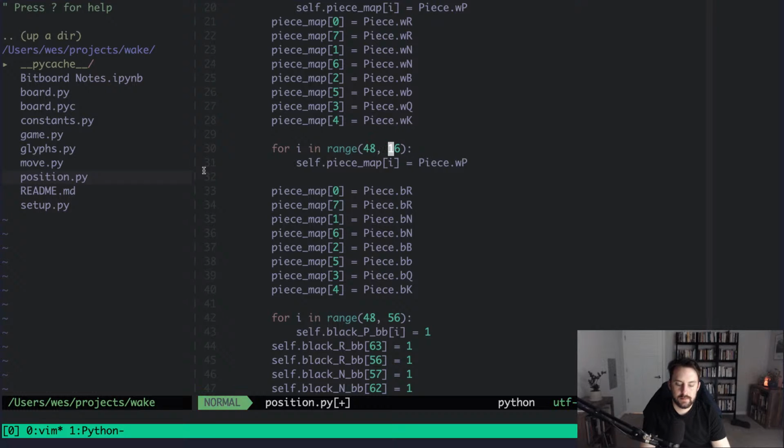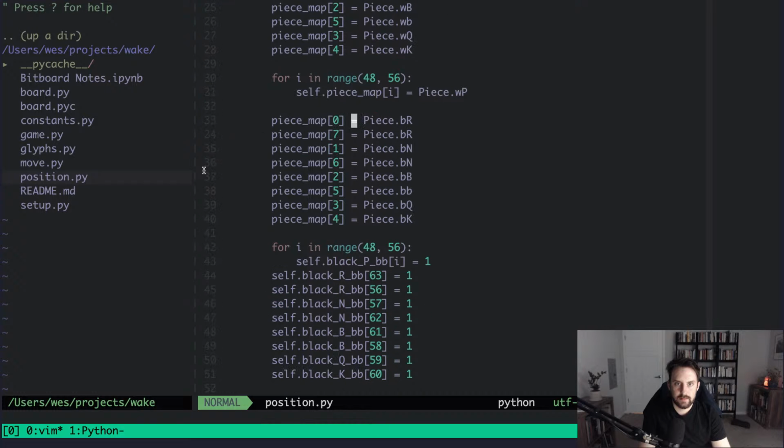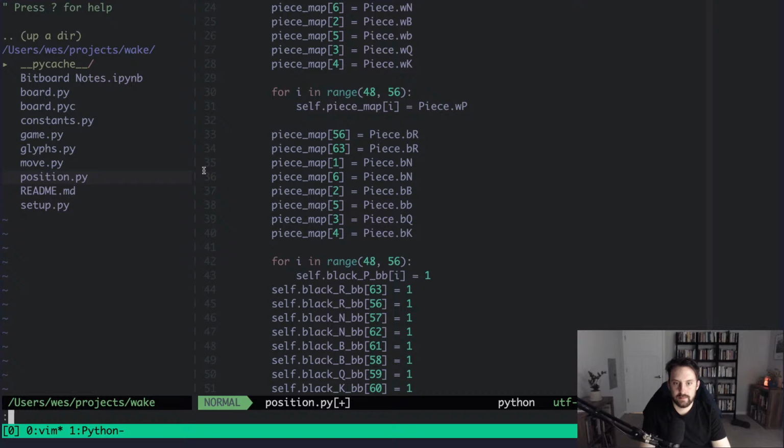48, 56. Black rooks are on 63, 56. Black knights are on 57, 62. Black bishops are on